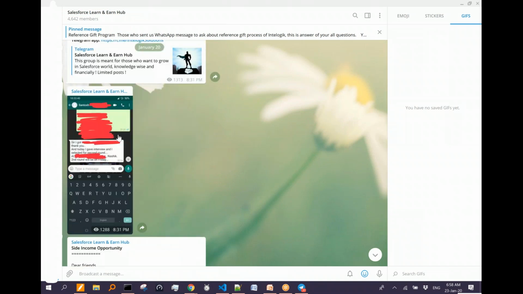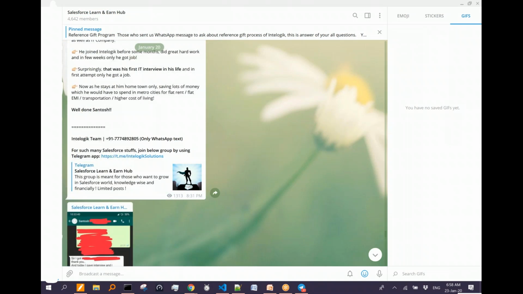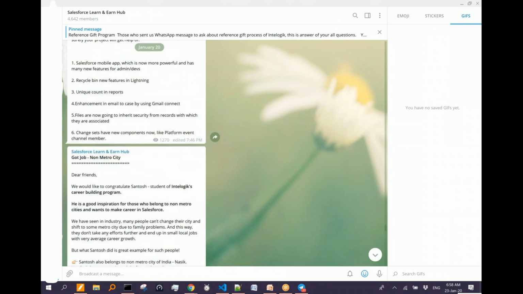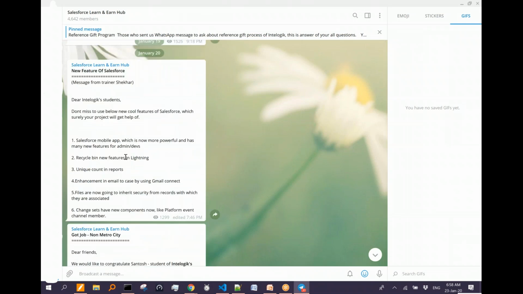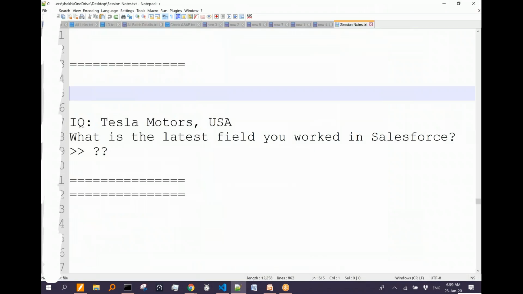So this way, for example, these are the success stories of students who got a job, or for example, new features in Salesforce that we mention. So this way, students keep growing by just spending 2 to 3 minutes in this group. And I will also recommend you to spend 2 to 3 minutes every day in this group and keep growing in the Salesforce industry, because please note, we mention lots of useful stuff and updated knowledge about Salesforce